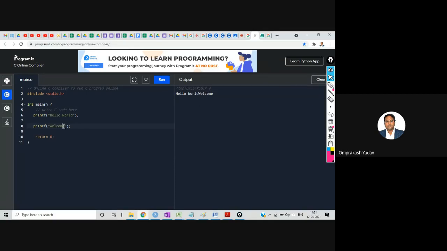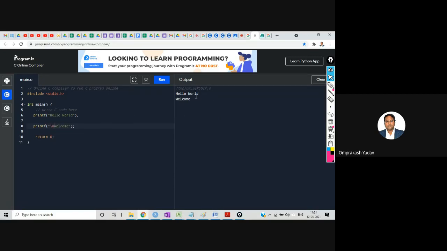So before the start of this, because I want it in the next line, I will write slash n. If you see in the pink color, I have written slash n. This slash n is for the next line. This is called an escape sequence. We'll study all those escape sequences, but it's always better to demonstrate in the program to explain, so that you will remember. Now hello world is coming in one line, and welcome is coming in the next line, because I have written slash n here.